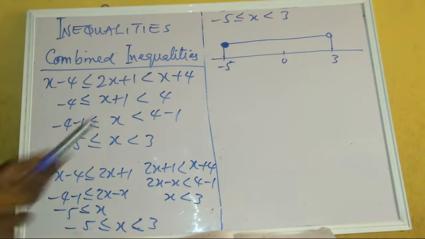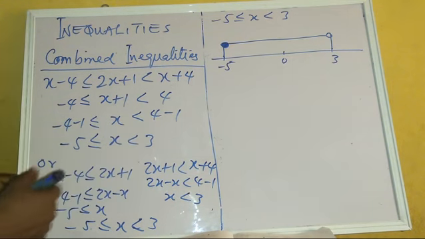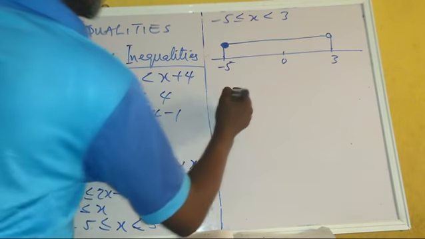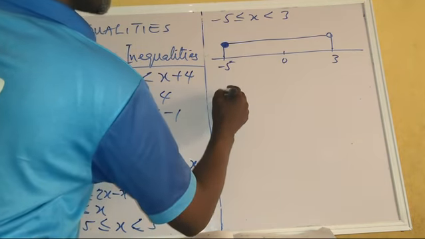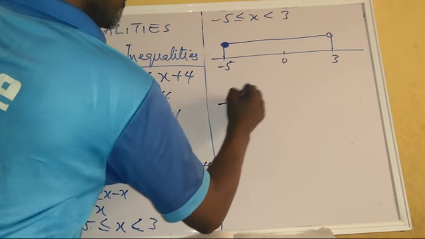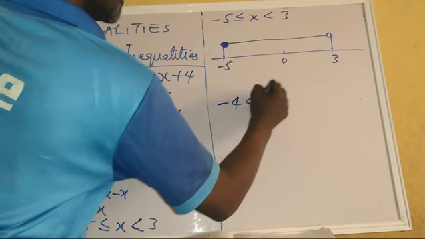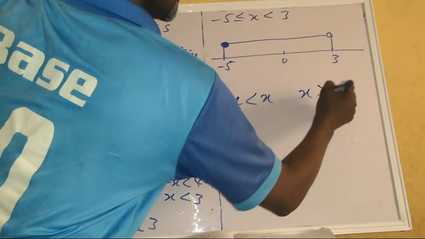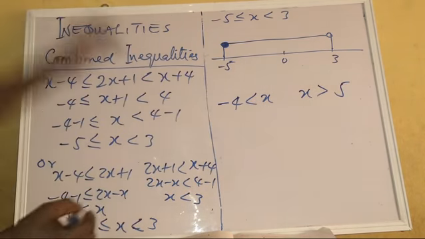A situation where the two of them cannot meet depends on what the question is talking about. Let us look at this. If I say -4 less than x and x is greater than 5, I want to represent this one on